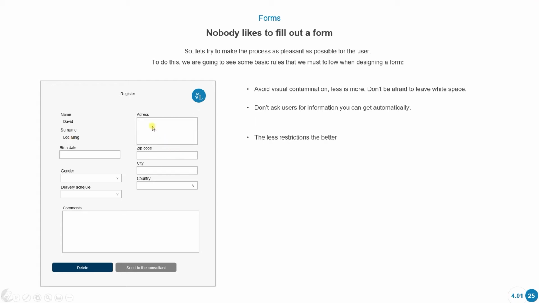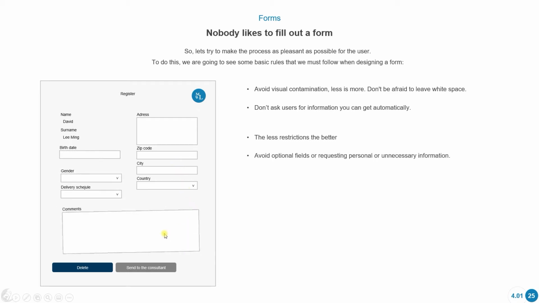The fewer restrictions, the better. So here we have an example where we're asking the user to give us their address. And this is a little bit choppy and chunky for the user. It's quite difficult. First, they have to indicate their street, then the number, the door, the province. We could probably just leave a field called address and they can just type in the entire address here. Or maybe we might want to divide it into a few, but not that many. So we want to try to add fewer restrictions, the better.